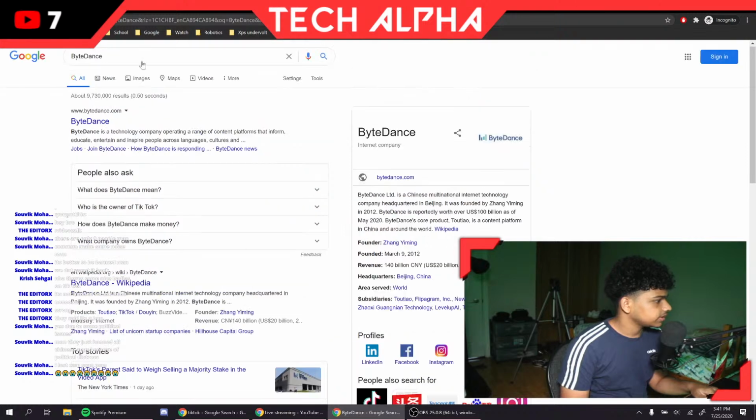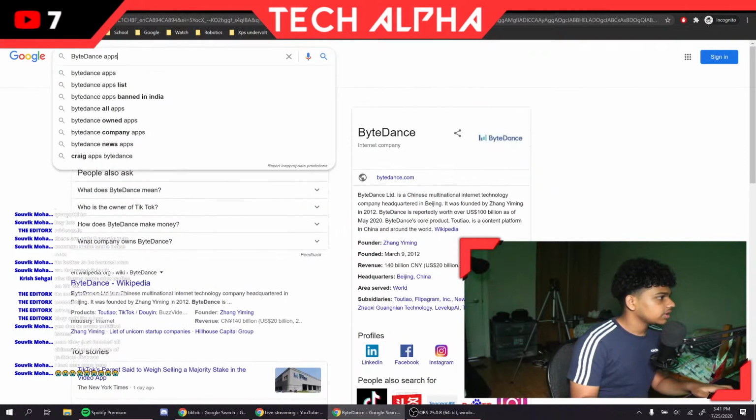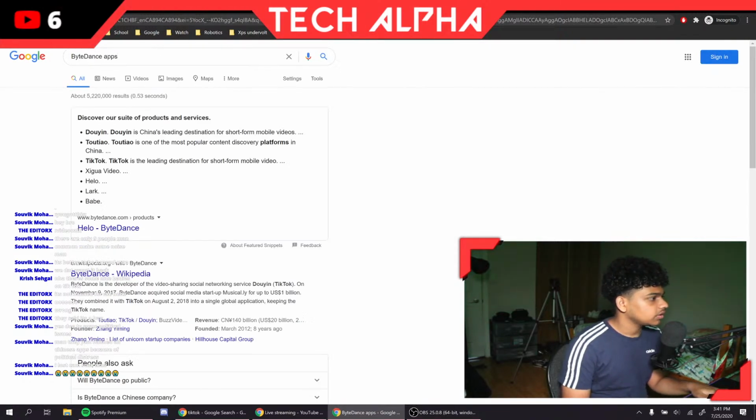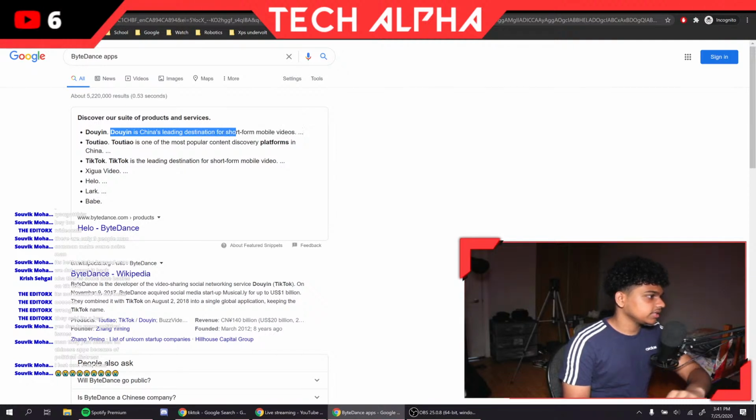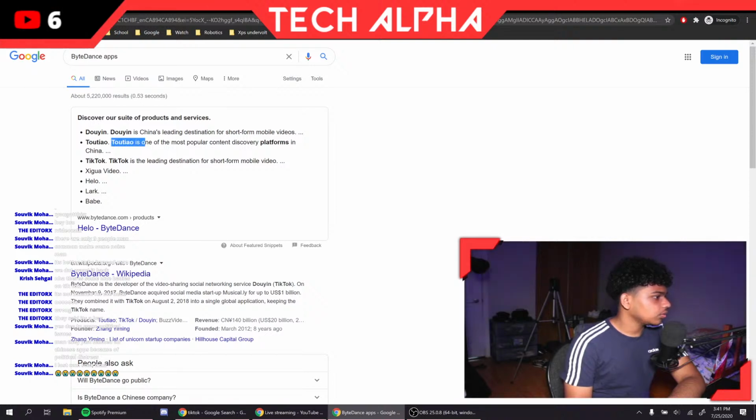So ByteDance apps. See, they own this Chinese app, and Douyin is China's leading distribution for short form mobile videos. Toutiao is one of the most popular content discovery platforms. You can consider them as a Facebook, YouTube of China, where they own a bunch of video media content applications.